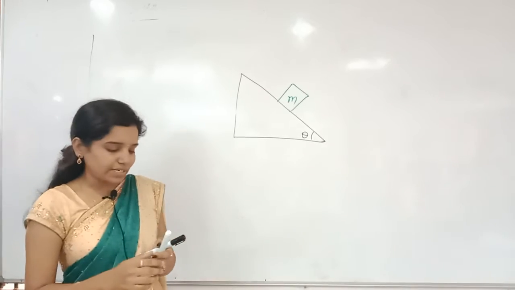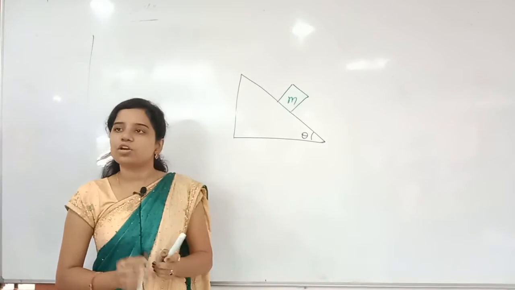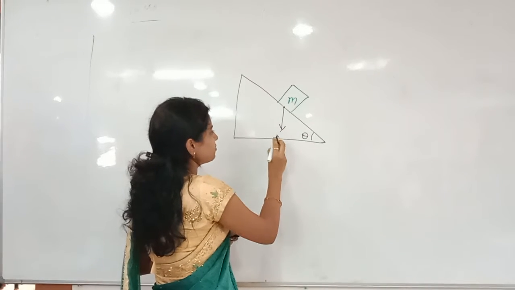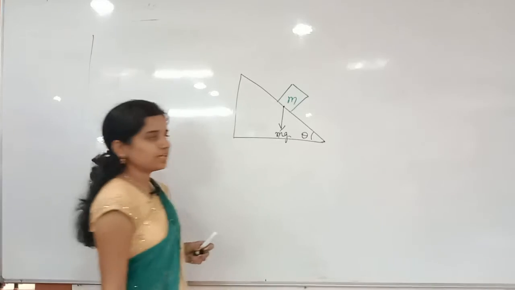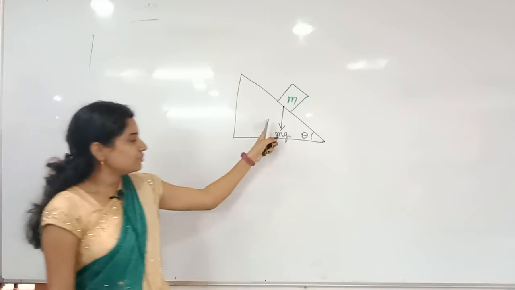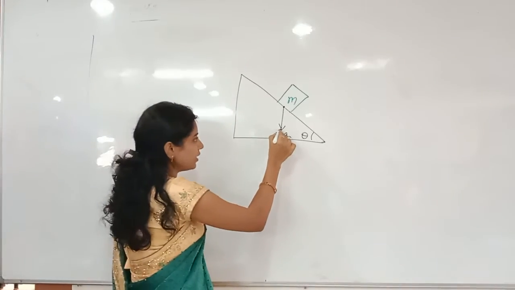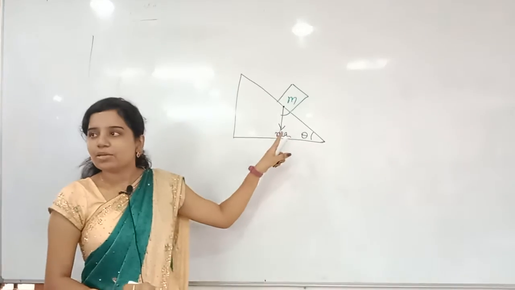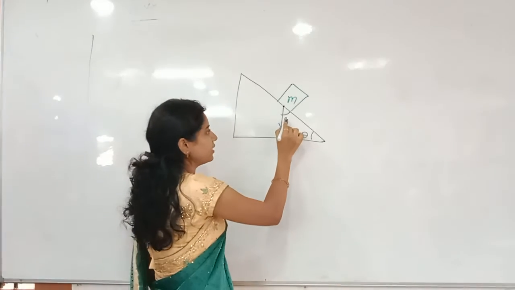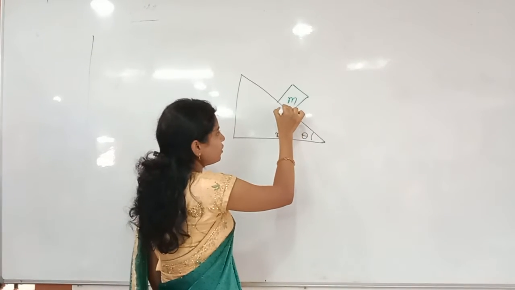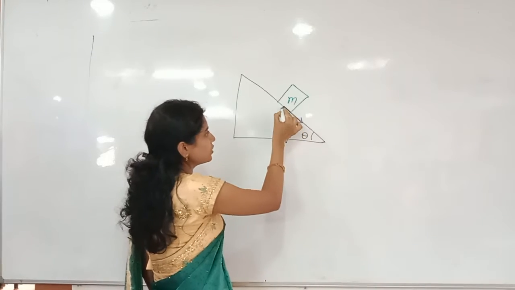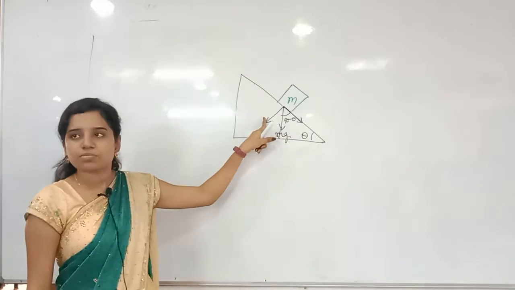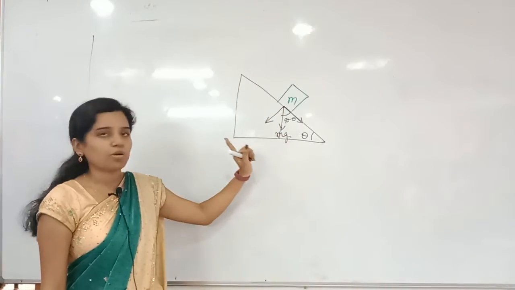So how will gravity act? Generally mg will act in which direction? Downward direction. Very important, you have to observe the angles carefully. Look at the diagram properly. If this is theta, then this is 90 minus theta. I will draw two perpendicular directions here, one along the incline and another perpendicular to it. The angle between this component and this component is 90 degrees.